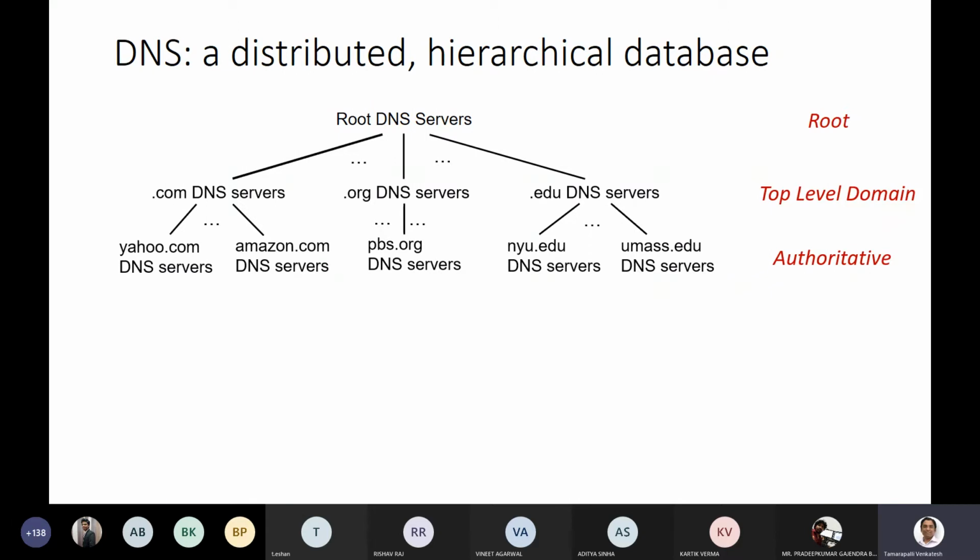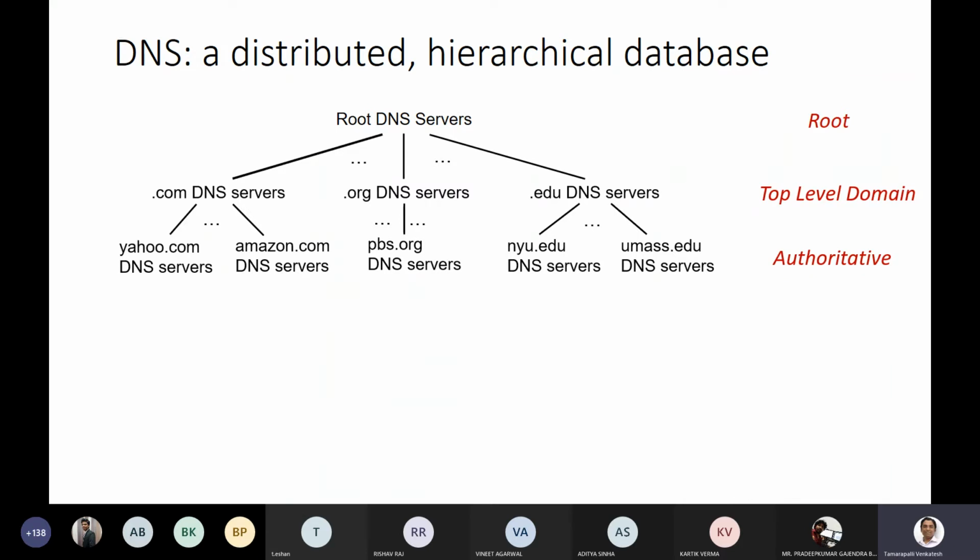So for example, iitg.ac.in would have an authoritative domain name server located at the IITG organization's premise, and that would be the ultimate authority responsible for giving the correct IP address for iitg.ac.in. And then in between, you may have one or multiple TLD levels. For example, if you take iitg.ac.in, you have at least two levels there before the authoritative server is hit.